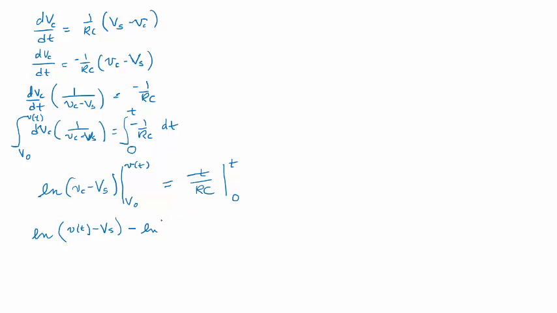minus natural log again V0 minus Vs equals, well, you're just going to get minus t over RC on this side, because when you put the lower limit on, that will just be a 0. So we're at that right now. So natural log of a minus natural log of b is equivalent to natural log of a divided by b. So if we continue on here, we now have natural log of V of t minus Vs over V initial,